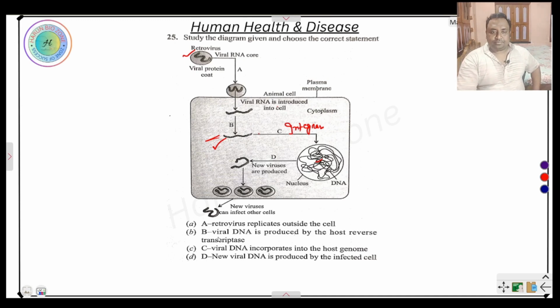A, retrovirus replicates outside the cell. B, viral DNA is produced by the host, reverse, not. The host does not have reverse transcription. Reverse transcription is by